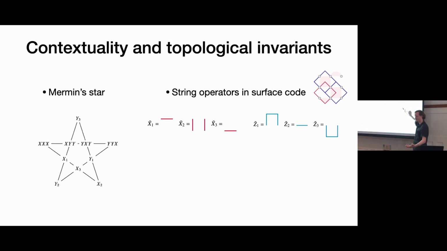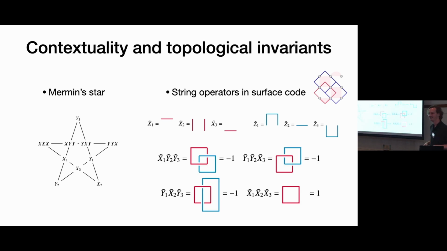And so this is similar to the GHZ state. So Z1 times Z2 gives you a plaquette, Z2 times Z3 gives you a plaquette, and Z1 times Z3 gives you a pair of plaquettes. And so if you take this middle row and you look at the measurement outcomes of all that on the surface code, you'll get, again, +1, -1, -1, like we got in the GHZ state. I think I forgot to do an animation for that, but it's described down here.